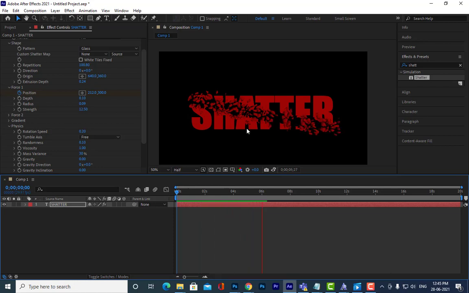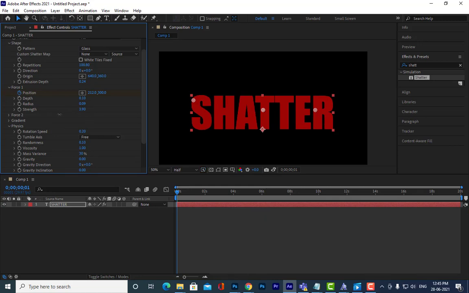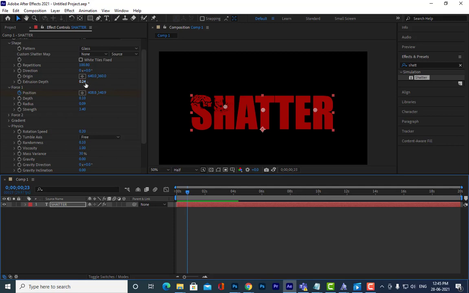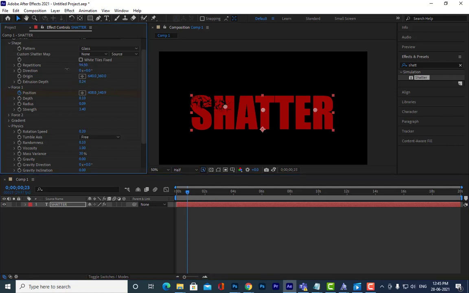They are not spreading, but when viscosity is high, they are not spreading. Okay, because strength is high, and if the strength is minimum 3, it looks just like this. Okay, that is the thing. And if you reduce the repetitions, see here, I am reducing the repetitions here, so you will see bigger cracks now. Is it clear?